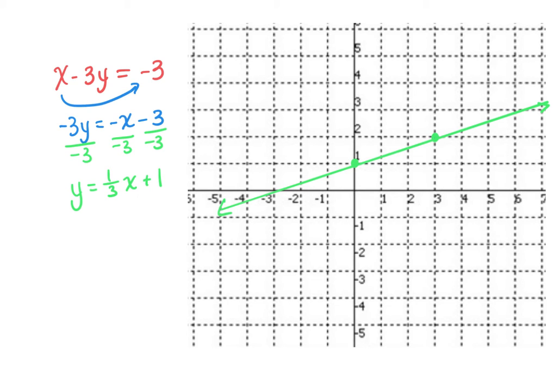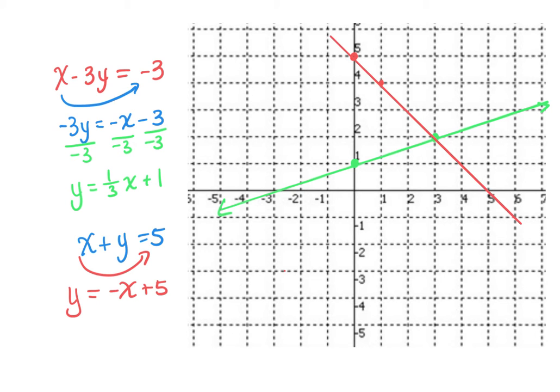All right, the second linear equation that they gave us was x plus y equals 5. This one's rather simple, just move that guy over. Negative x plus 5. So we're going to start at positive 5. Negative 1 over 1 takes me here. If I were to walk that all the way down, each time, down 1 over 1, down 1 over 1, you can see that this guy right here is also going to be a point on that line. All right, and so if I connect those,